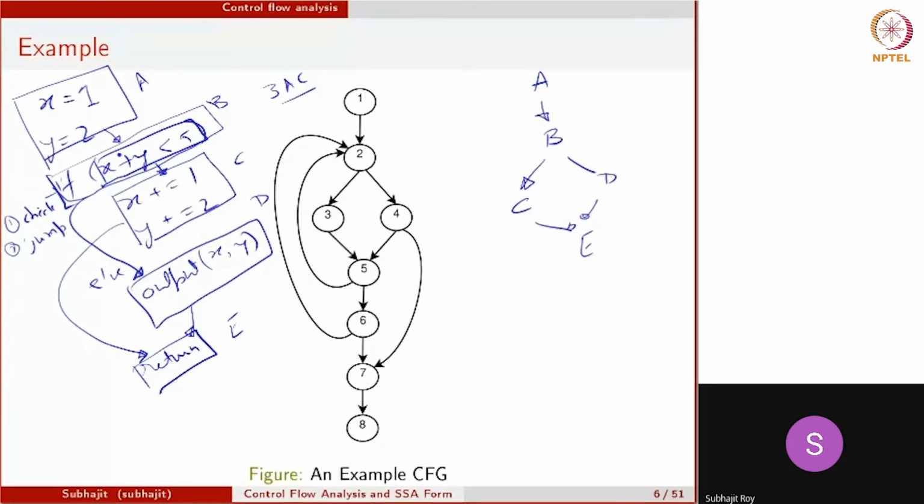If I break it into these two parts, you can see that the check can go to the A basic block, because no matter what, I'll have to do that check. I cannot execute y equals 2 or x equals 1 and not do this check of x plus y less than 5. And then I will have to do a jump. In some sense there are two jumps, one going to C, one going to D. One of them you can take as a fall through. But either way, it is possible that one of the jumps is not hit. So this jump will be a separate basic block,